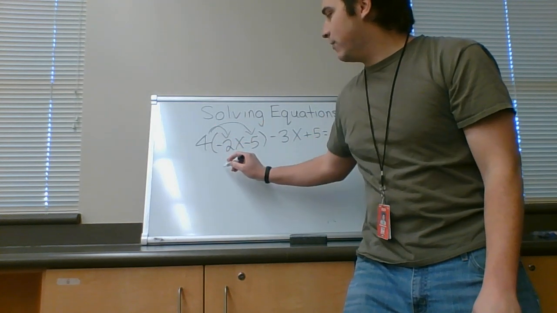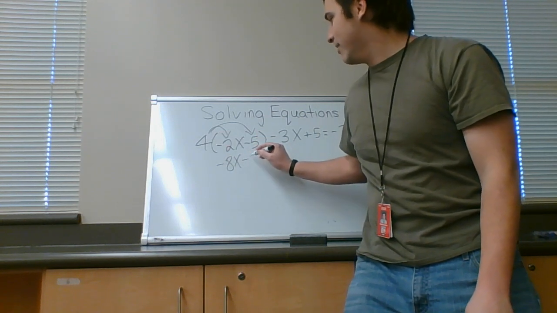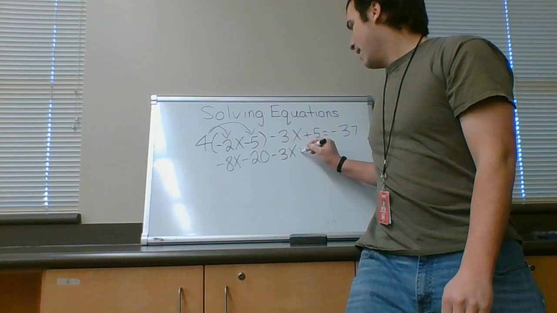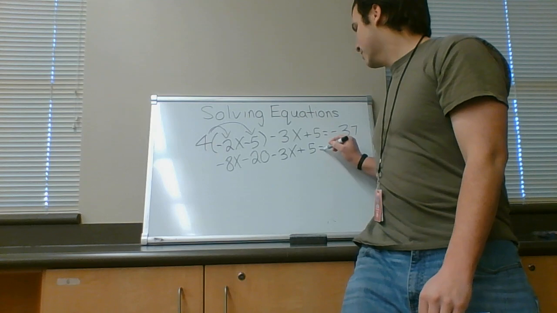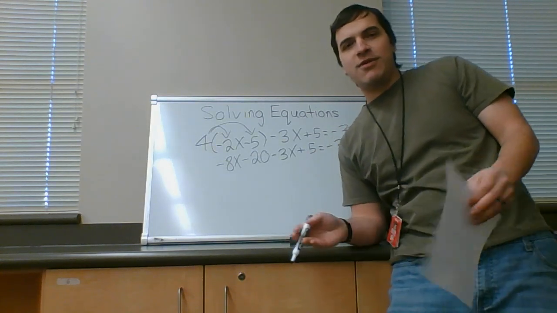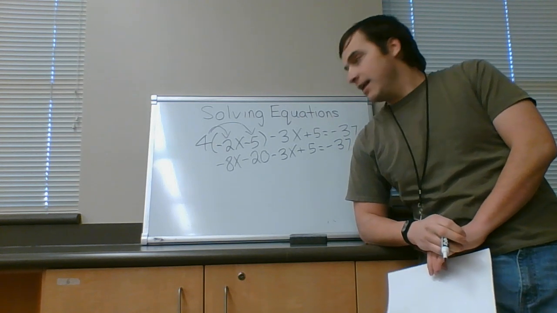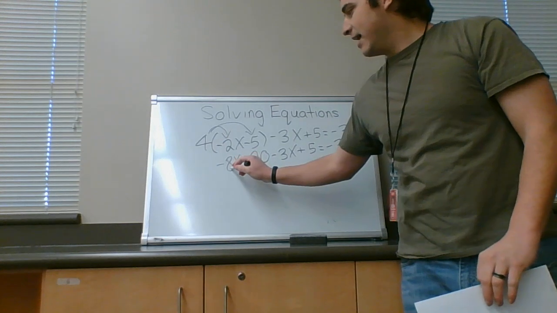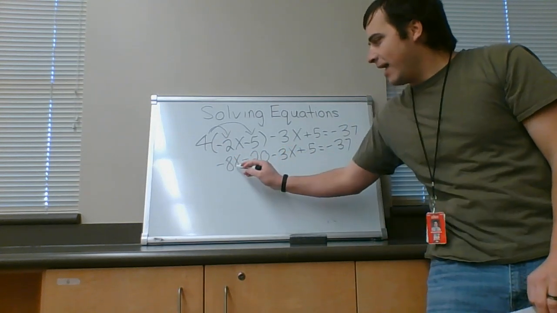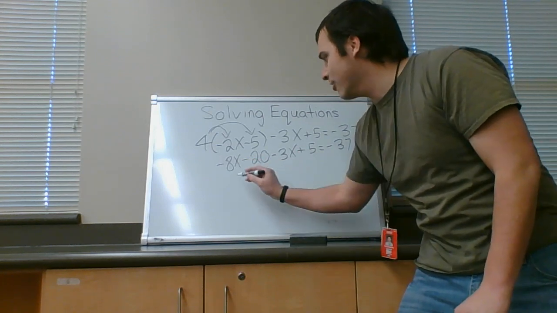4 times negative 2x is negative 8x. 4 times negative 5 is negative 20. Negative 3x, 5, and negative 37. Oh, but Mr. Davis, we have multiple terms now. Well, combine like terms. Make it easier. This is negative 8x. This is negative 3x. If I owe someone 8 of the x's, I owe someone else 3 of the x's, I owe altogether 11